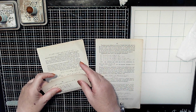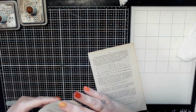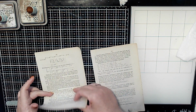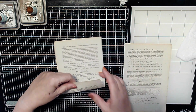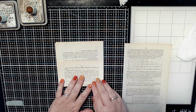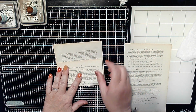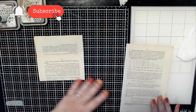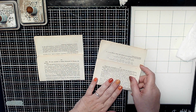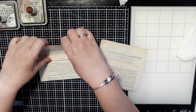Okay, I'm going to do it this way. That way. I have to work it. No, not that way. That way. That's it. Oh dear, I wanted the writing facing the right way, so when it comes down, it's like that. So I just sort of eyeball it where I want it. That's not very straight. We'll have to trim that. This way. Again, just eyeballing it. There. Bringing this down